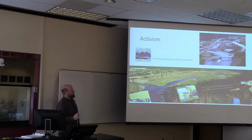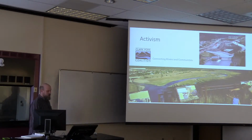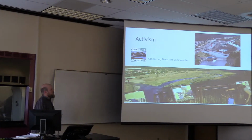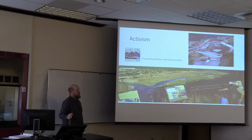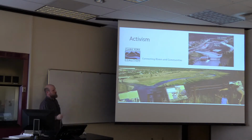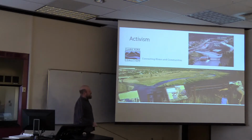public pressure. It was a complex set of circumstances, but there was the political will and the money to do it, and all these other things sort of came together at the right time. But in the end, they were able to remove that dam and move all the sediments upstream, which I'm not sure of the wisdom of that or of cleaning up downstream first, but that's sort of beside the point. But now, and this is even several years old now, it looks even a lot better than this now, but there's